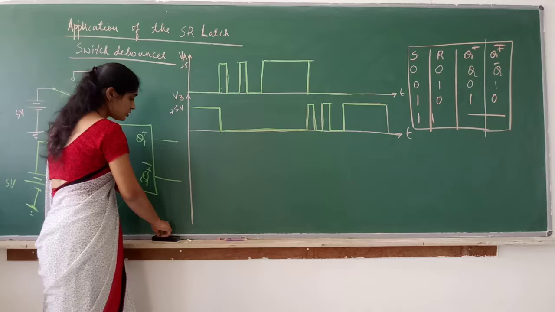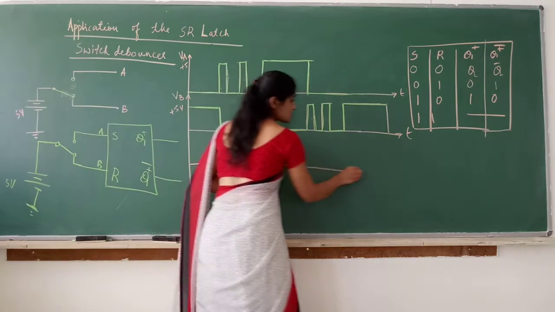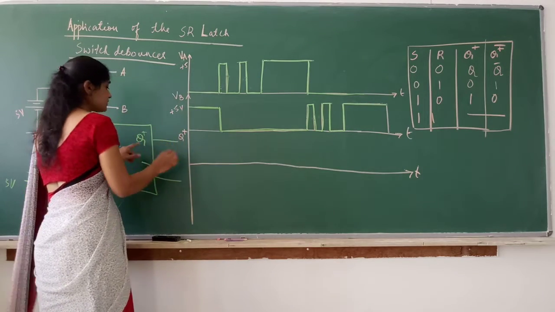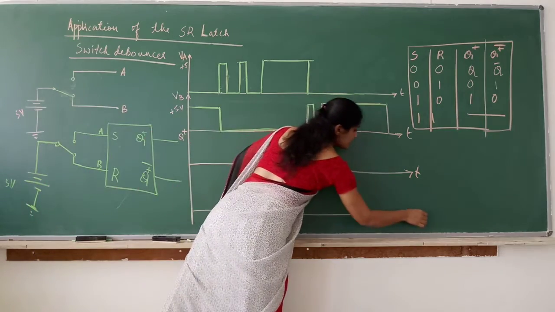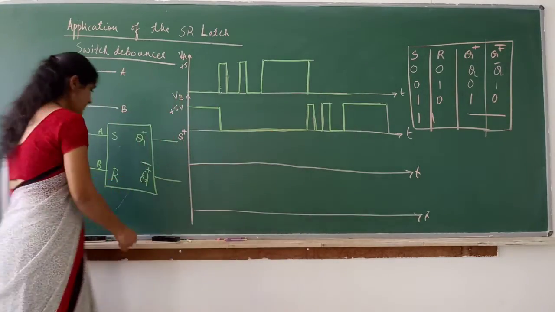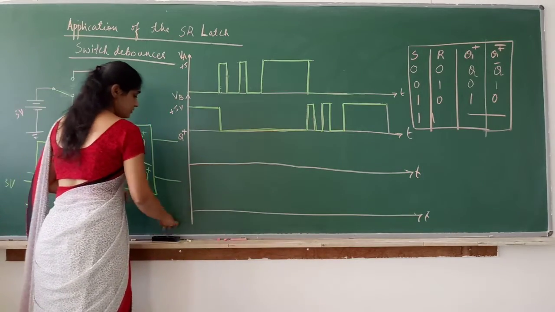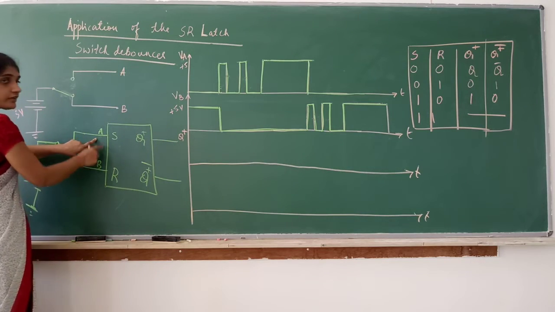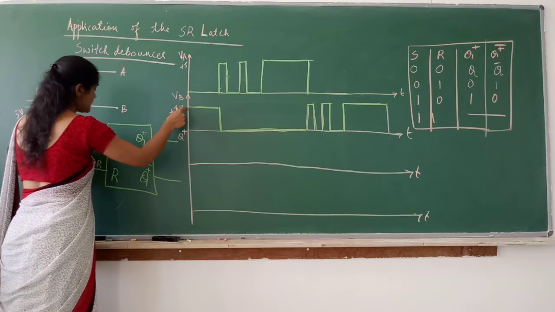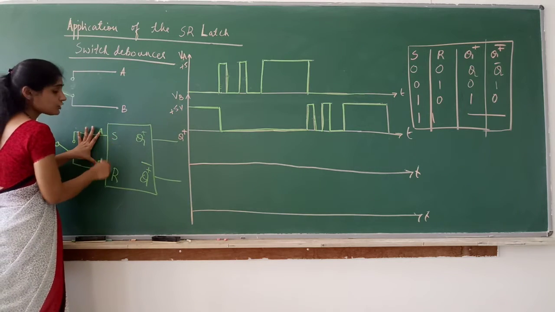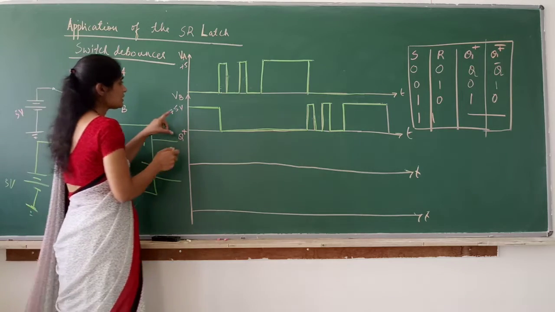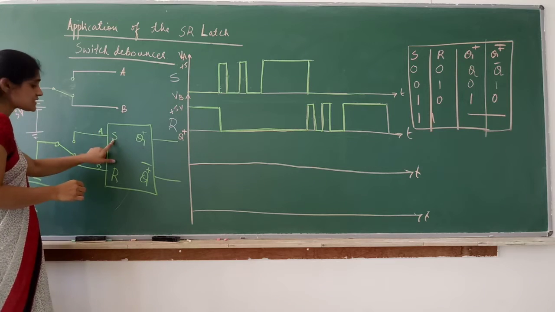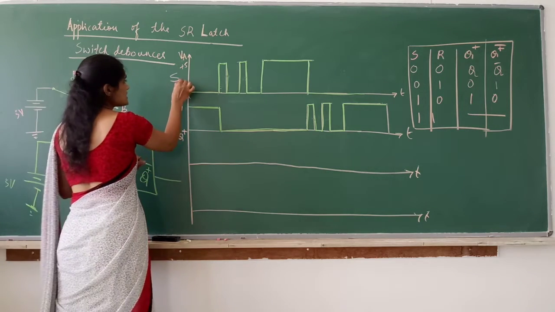So again I should write the voltage at A and B, this time using the SR latch, correct? This will be Q plus, which is nothing but the voltage at A, and this will be Q plus bar. Okay, so now let's see how this waveform will be. At this point, what waveforms are you getting? The same. This is A and this is B. These two waveforms are given to the SR latch. Voltage at A is S, and voltage at B is R.